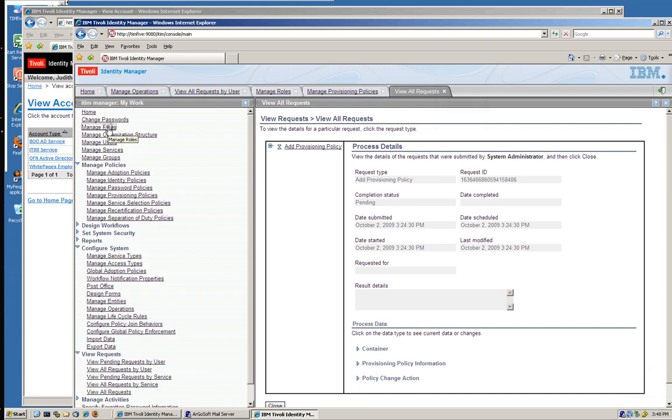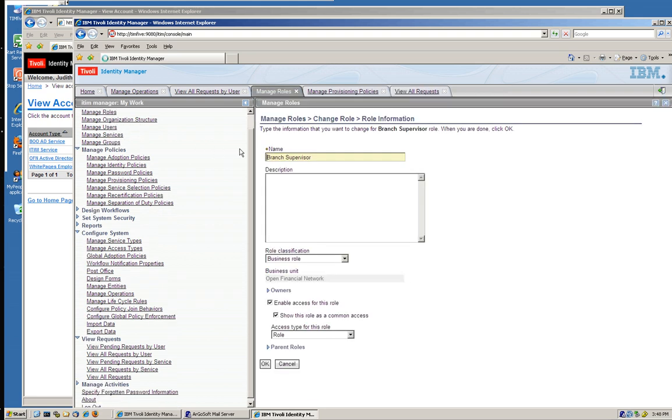And I'm going to show the characteristics of the role. The name of the role is branch supervisor. It's a business role, and we enable access for this role, and we put it to be shown to everybody. We can deselect this if we want to. So that creates a role, but that doesn't tell you that any workflow needs to be done for